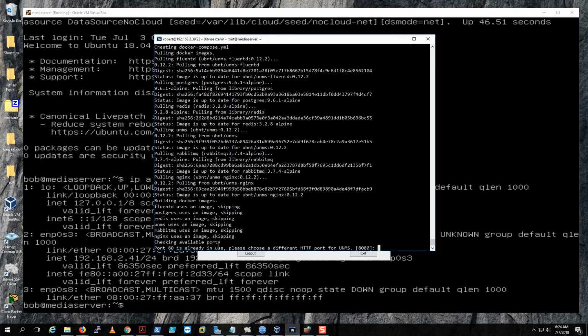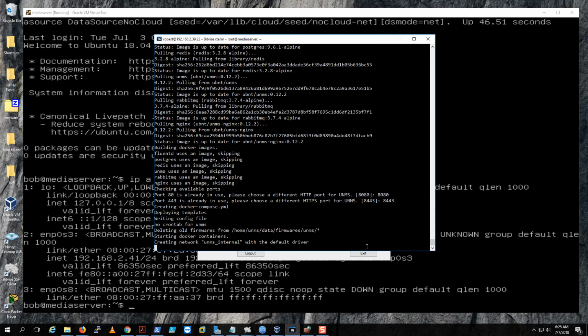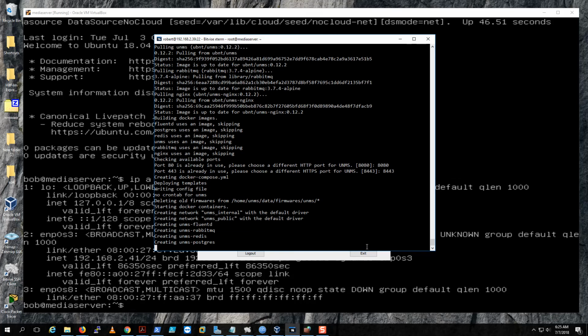Now, as you can see, as you're installing, my port 80 is already in use, so I'm gonna go with the default 8080. You don't have to type it, you can just press enter and it will still use that port. So once it's done creating its thing, I'll show you the problem that I was running into,